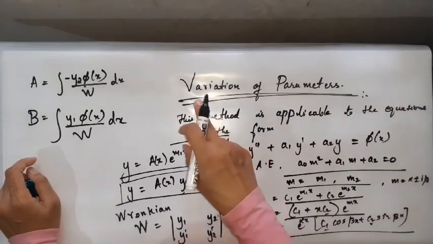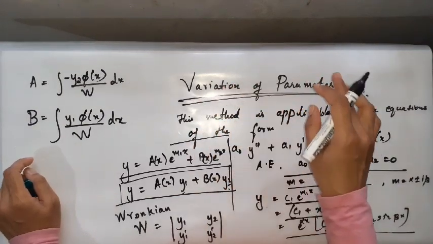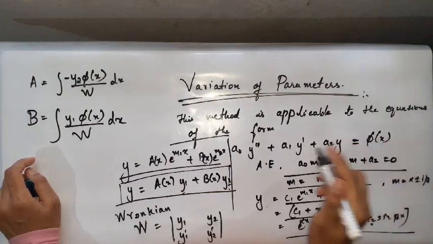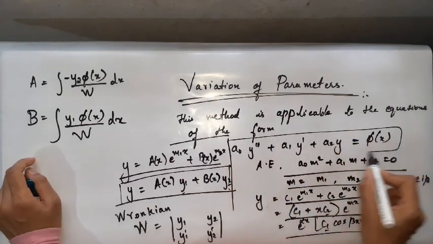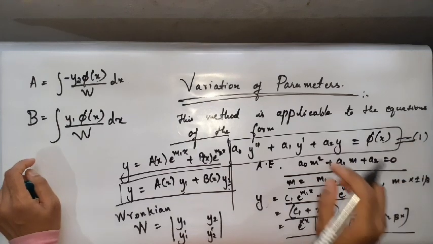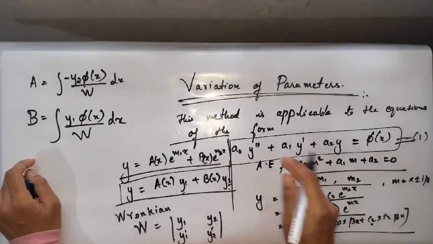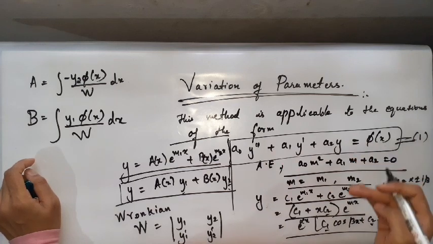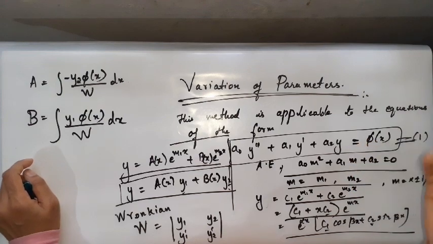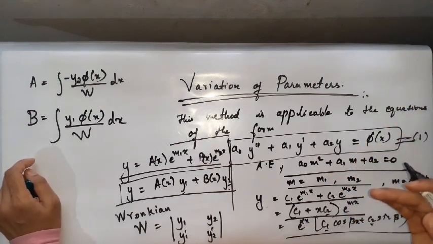So what is it? The variation of parameters method, this method is only applicable to a second order linear differential equation like this. This is a second order linear differential equation. You can call this as 1. Next, obviously we write the auxiliary equation for this, something like this. Roots will be obviously 2, if it is a second order linear differential equation. If it is third order, you will have 3 roots in the auxiliary equation. That idea at least you have by now.